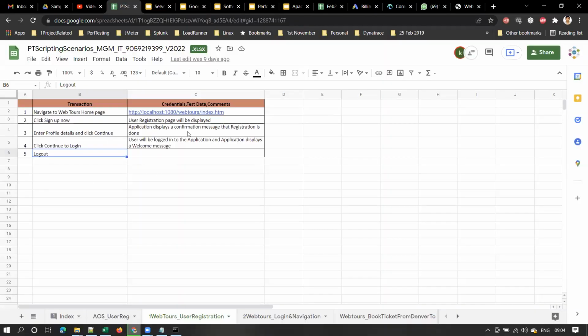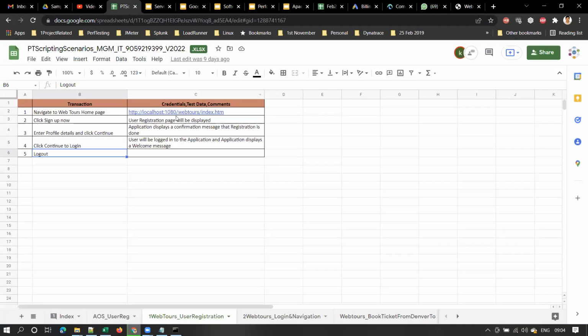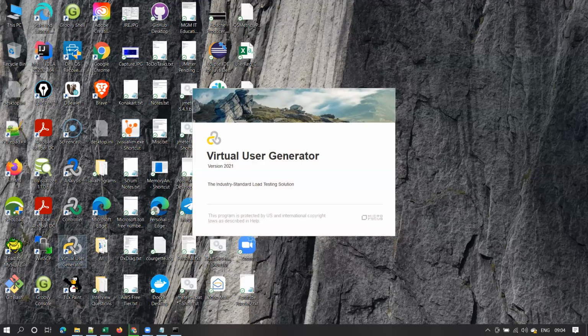Right. Now, this is the manual flow, whatever I have shown you. Before recording any script, go through the application manually first, understand the navigation, understand all the steps, and make sure that your application is working fine without any issue. And then start scripting. So now shall we create our first script with the LoadRunner tool, guys? Launch VUGen on your machine, those who installed LoadRunner. Those who did not install, please follow the session. You can do it later.